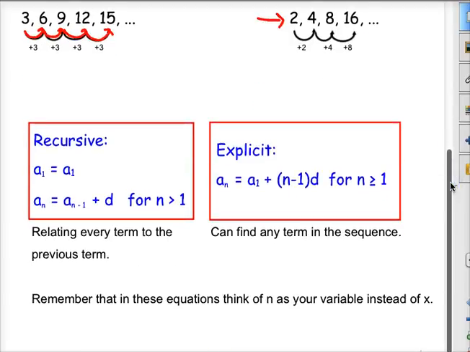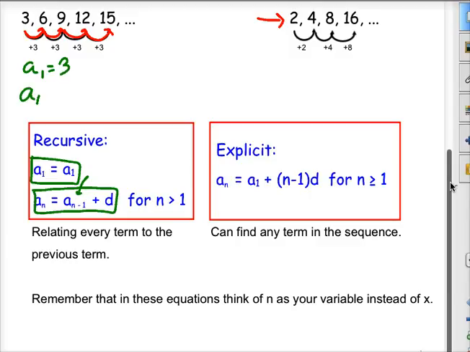All right, so remember, there are two ways we can write these formulas. There's the recursive definition. The recursive definition, remember, has two pieces. First, you have to identify what the first term actually is. So you have to say what that first term is. Then, you have to say what's happening to that term. So I'm going to take my previous term, that's what that means, my previous term, and add that difference to it. So for this case up here, what you would do is say a1 is 3,